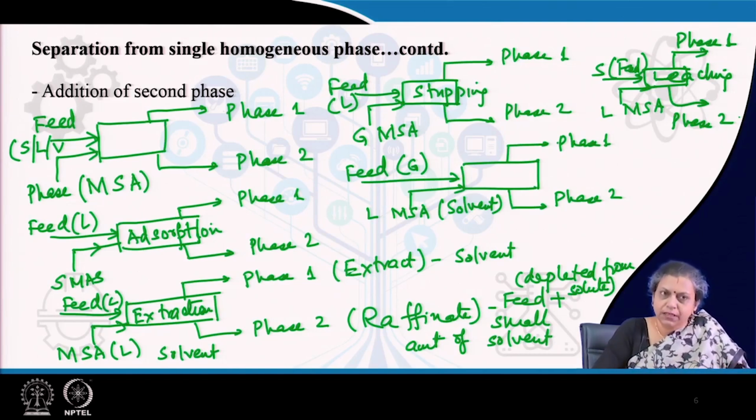When the feed is a liquid, we can add a liquid which is immiscible with the feed liquid and perform the process of extraction. We can add a solid which preferentially adsorbs some particular components, and we can perform the process of adsorption. We can add a gas which preferentially strips off some particular component from the liquid feed,